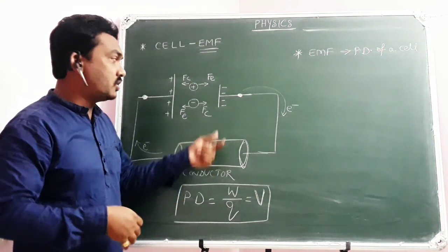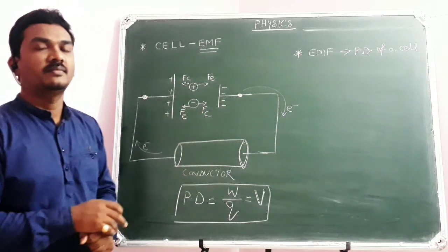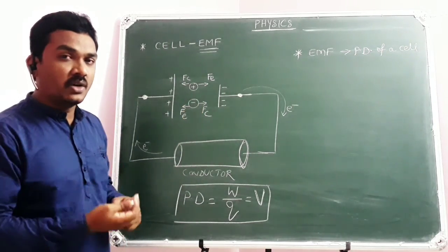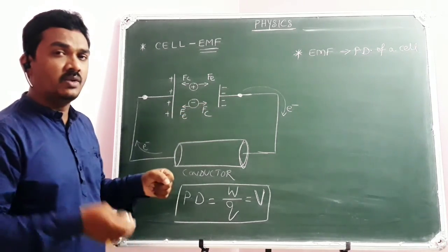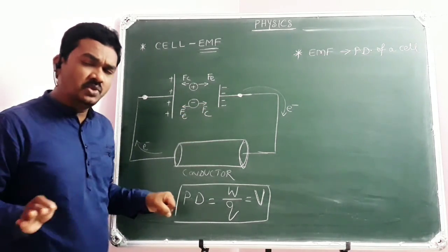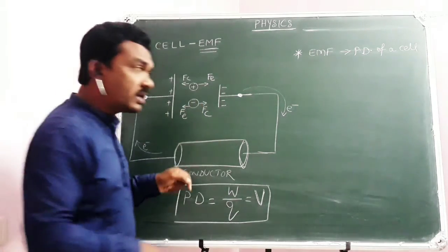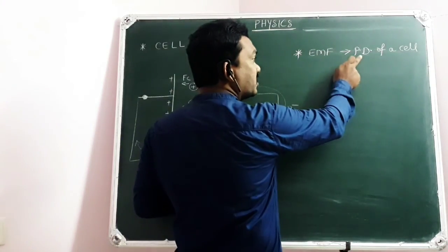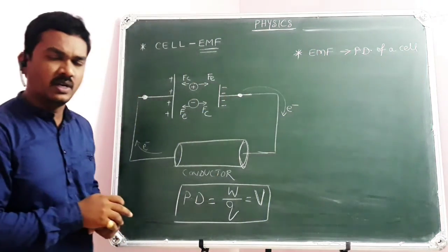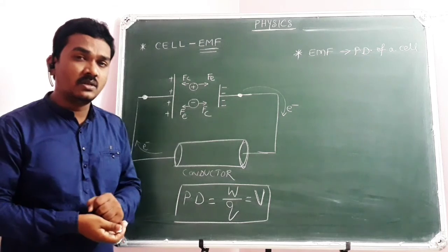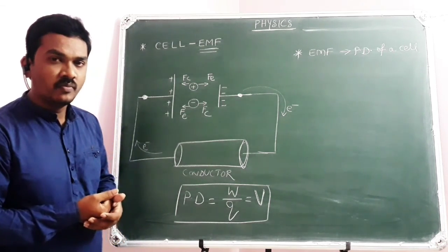Provided there is no further resistance offered by the electrolyte. If there is no further resistance, there are no obstacles for the ions flow through the electrolyte. When you are expecting no objections for the ions flow through the electrolyte, then the amount of work done per unit positive charge, which is potential difference, equals the EMF of a cell. You may get one doubt: Sir, again, why have you kept this condition? What is meant by opposition for the ions flow?